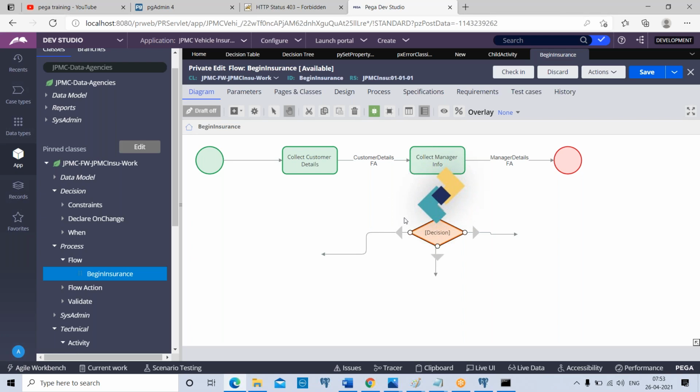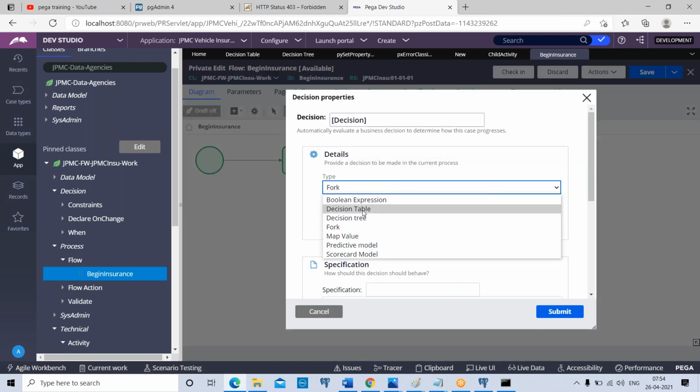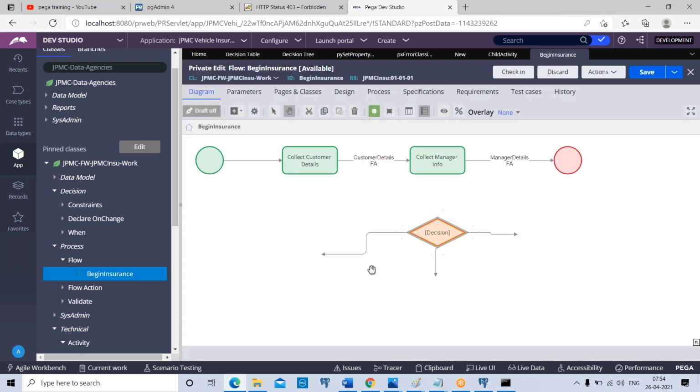You can call either decision table or decision tree, and you will return certain result. When the result is being written, work object will proceed in one of the directions that is being matching with the result. So in order to make a decision path in the flow, we can go ahead and use decision rules, which we can call from by using a decision shape.